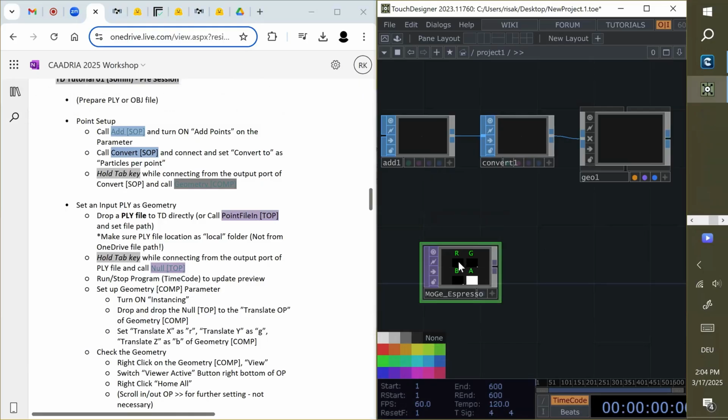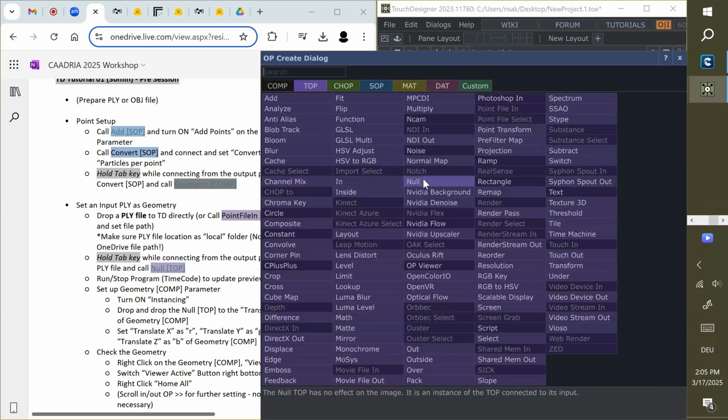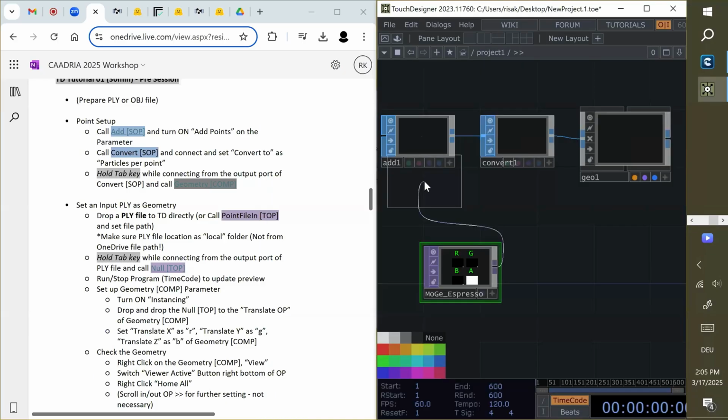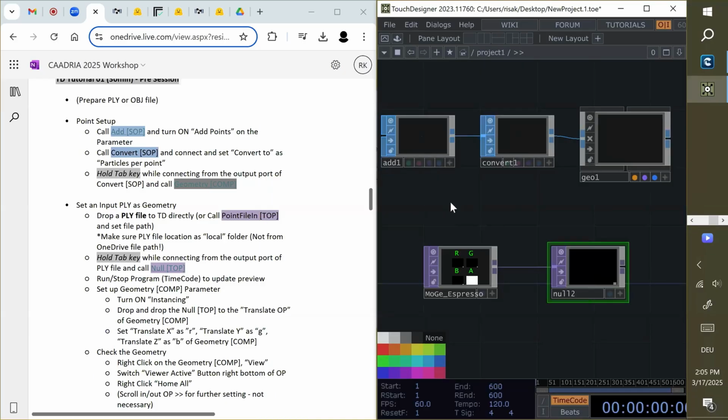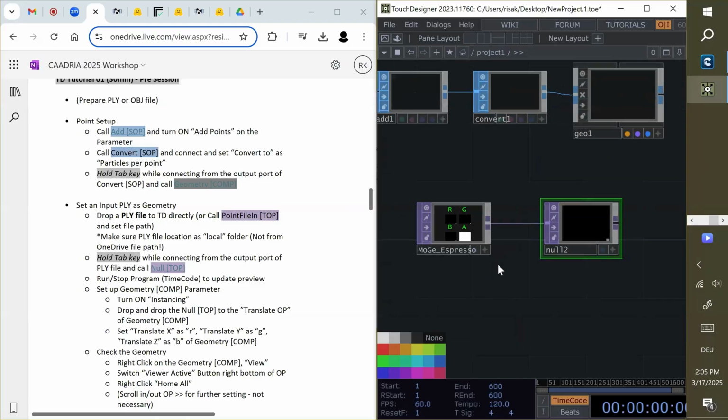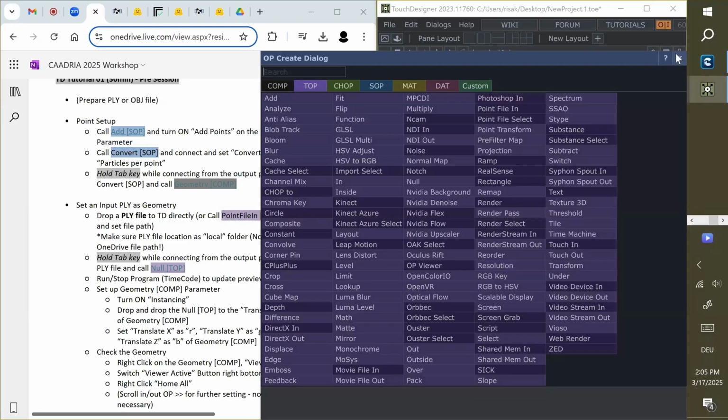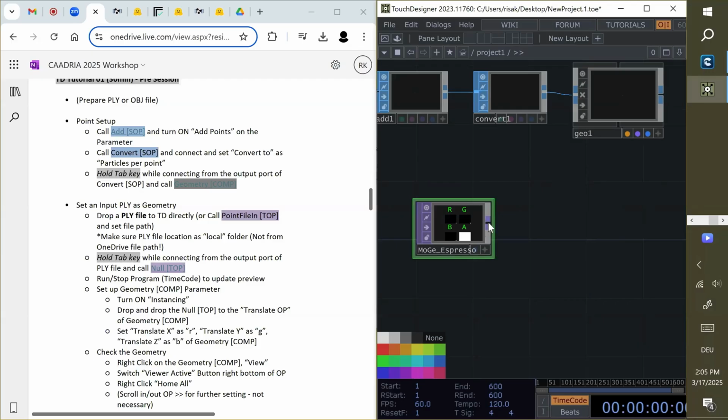Okay, so we put this one in and get this wire from here, and then again, tab key, TOP and New. Again, from here, get this wire, tab key, TOP, and New.